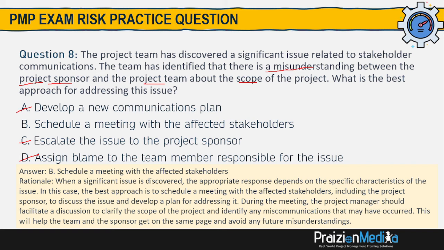Yeah, like hold a meeting. And even though it doesn't give more inkling, it is still the best option. Because the best approach would be to hold a meeting and discuss the issue and develop a plan for addressing it, right? But it wouldn't be just to go off and create a communications plan. So you always got to weigh what is the best option. Misunderstanding about scope doesn't equate to, well, I guess I'll go off and do a new communications plan and everyone will be happy. No. This is what makes some of the questions on the test tricky.